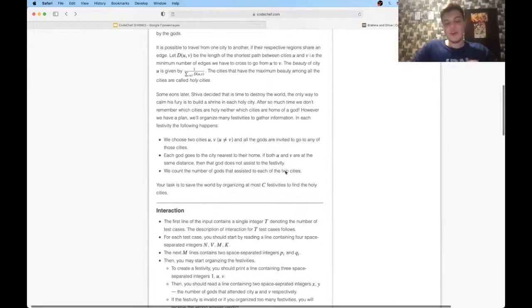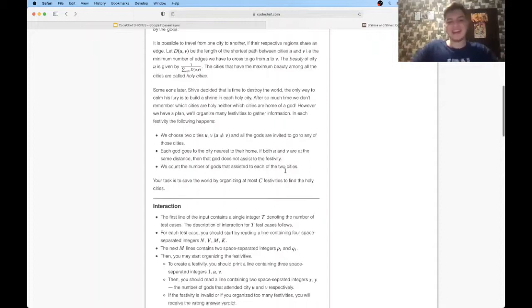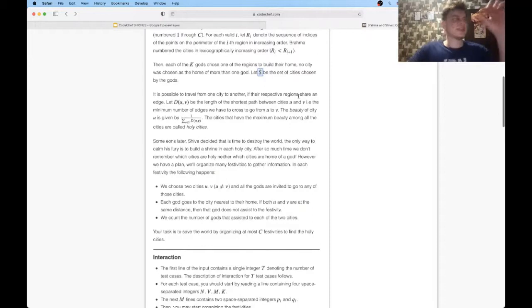However, we don't know S, the set of the chosen vertices. But something we do know is that we can ask a question, or a query, because this problem actually was interactive. And the query is basically we are given two vertices, U and V. What this query represents is that it looks through all vertices in S, and it returns the number of vertices which are closer to U